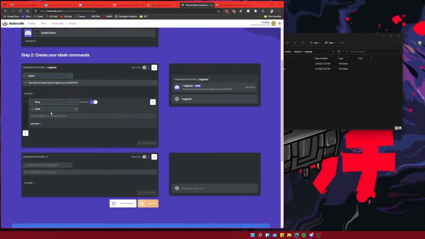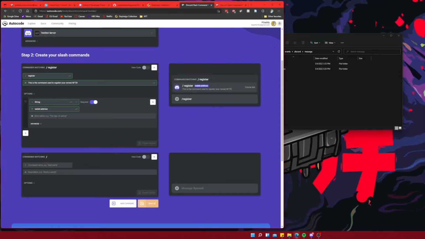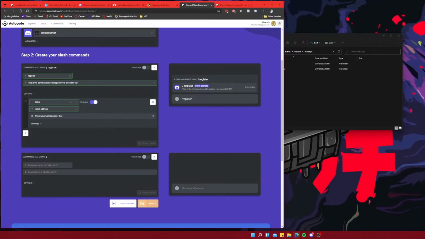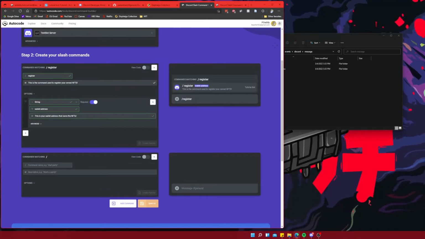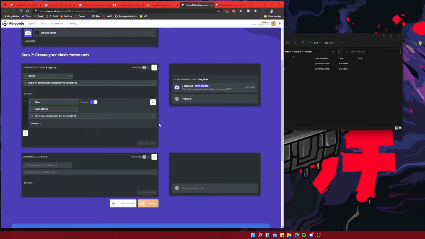And so we're gonna do wallet address, just so that way people know what it is. And then we're gonna give it a description. This is your wallet address that owns the NFTs. While I'm thinking about it, I'm gonna lowercase that just for my own personal preference. Okay, and so then this is